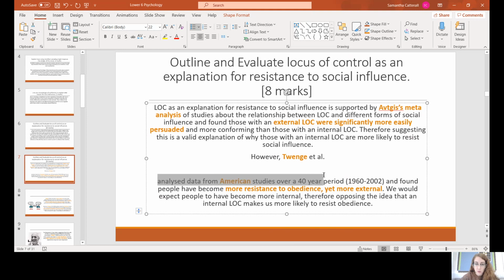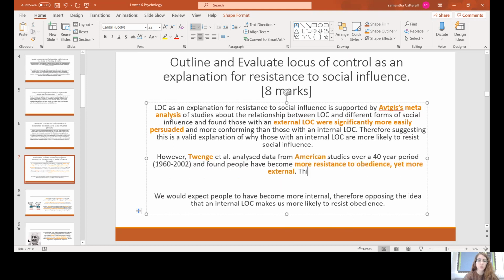Analysed data from American studies over a 40-year period and found people have become more resistant to obedience yet more external. This questions the validity of Rotter's theory of locus of control, as if it was correct,